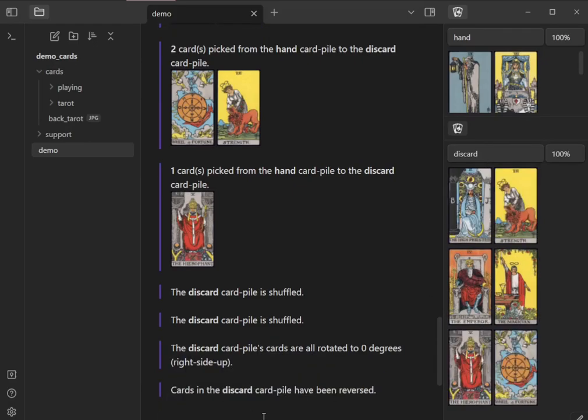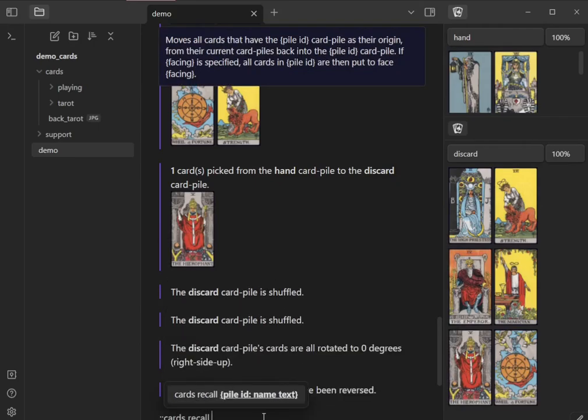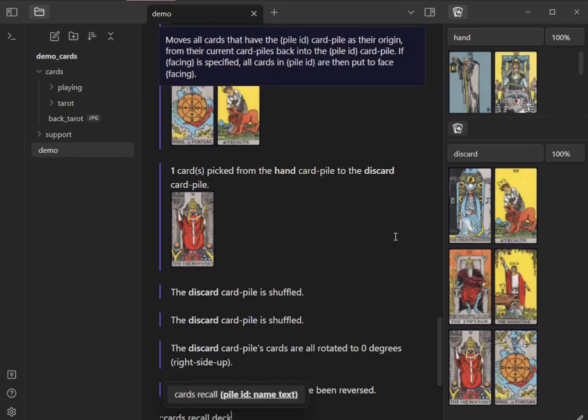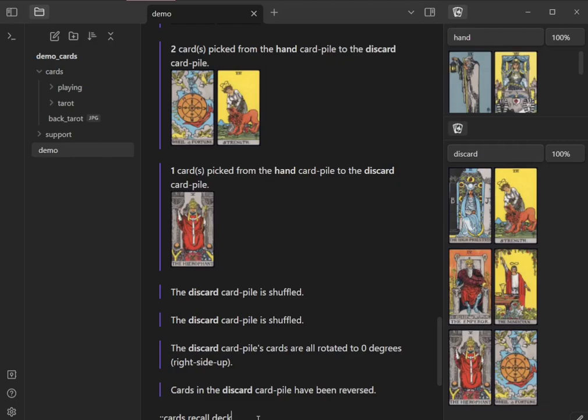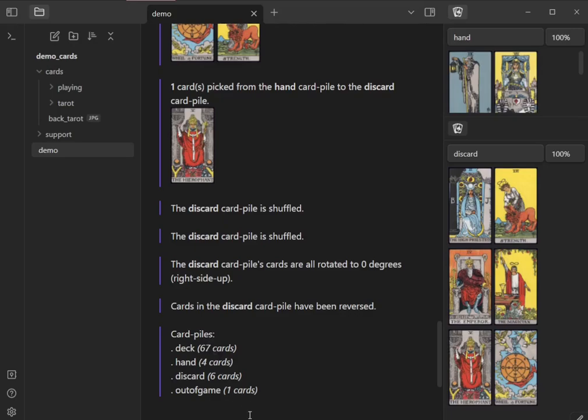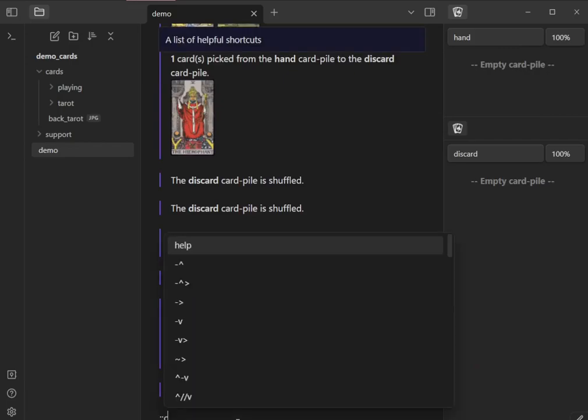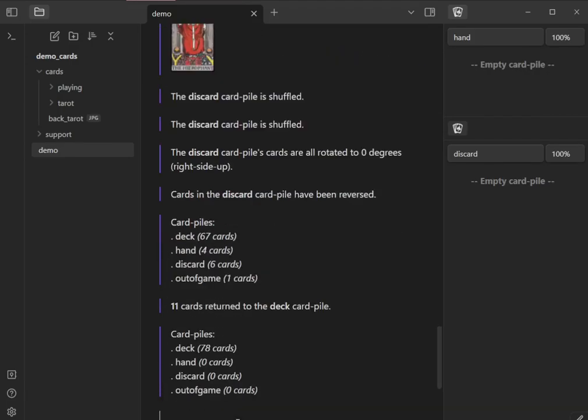The next shortcut is cards recall. And this one's an interesting one. Every card in the card system has a card pile as its origin. When you use the cards recall shortcut on a card pile, let's say deck, all of the cards that have that card pile as their origin will be moved back to that card pile. Say cards list. Now all the card piles have different amounts, but when you say cards recall deck, cards list,